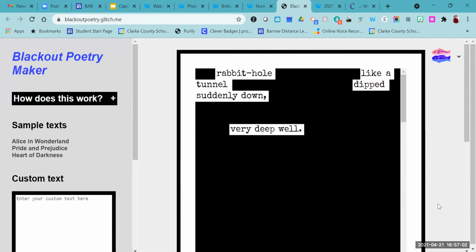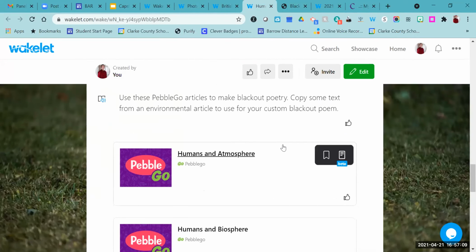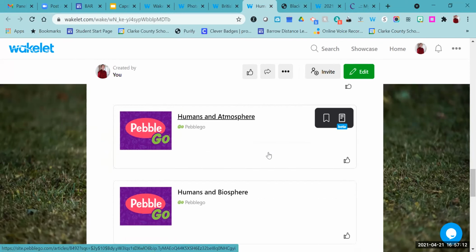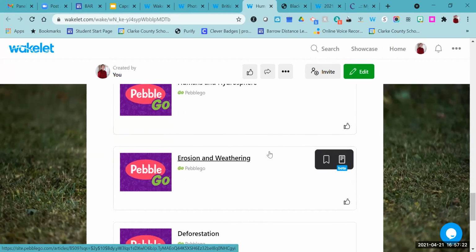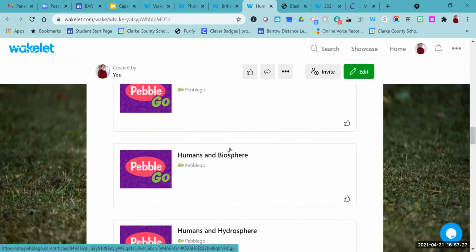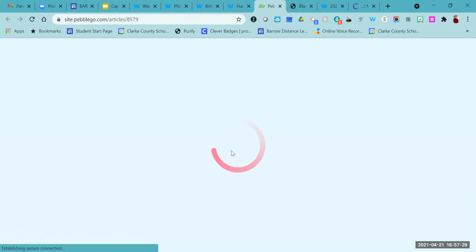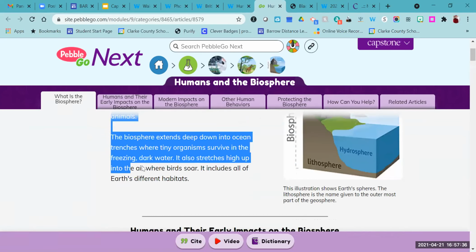So here's where Capstone Connect came in. Back on our Wakelet, what I decided to do was have kids read. There are lots of articles in PebbleGo that are about humans and the environment. So there's humans and atmosphere and biosphere and hydrosphere and wet erosion and weathering and deforestation. So I had kids go into one of these PebbleGo articles and read it, and then they took a section